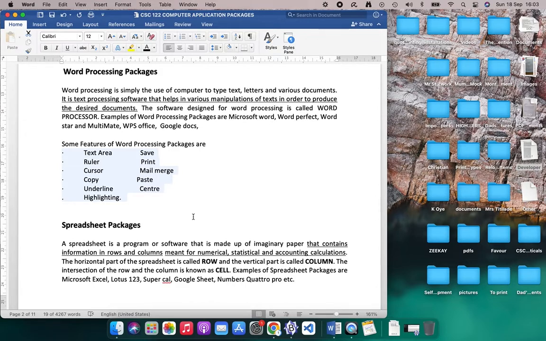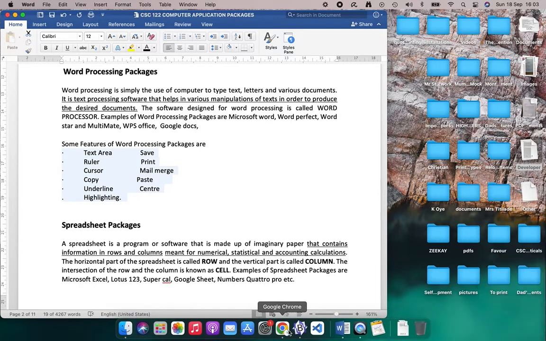Now, word processing packages. Word processing means the use of computer to type text, letters, and various documents. Now, it's a text processing software that helps in various manipulation of text in order to produce the desired document. Now, you must understand that word processing packages are not the only one that deals with text. There's something called a text editor. An example is